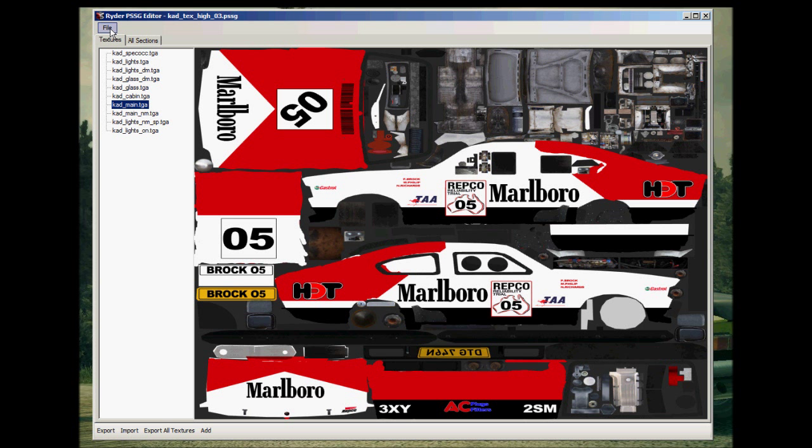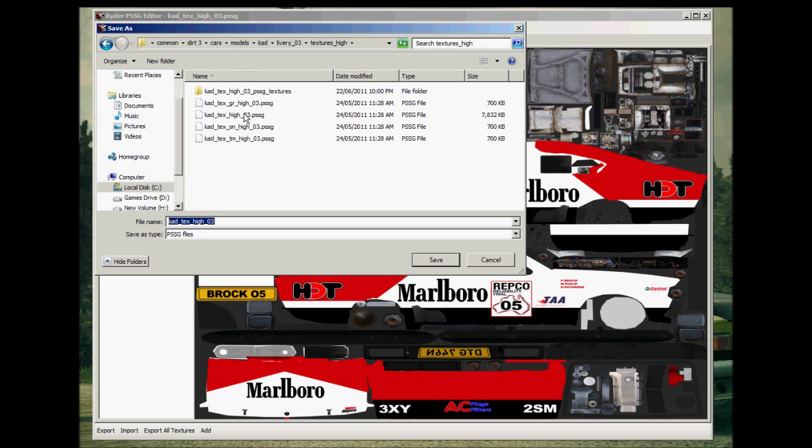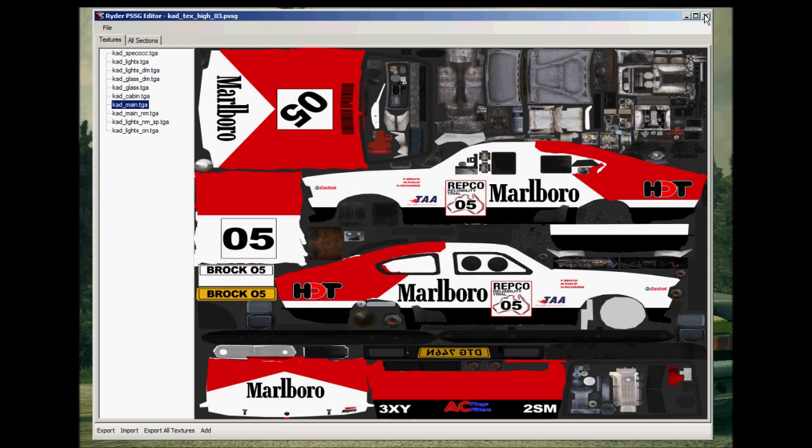So what we do now is go File, Save, and go back to where your textures are. What I suggest you do, before you start modifying the files, is back them up if you wish. As I said, it doesn't matter for online play, but you don't want to really lose the originals. Back them up, just stick them all in a zip file. And all we want to do here is save this out as the big file again, and we click save, and it says, do you want to replace? Yes, you do. So now we can close that,